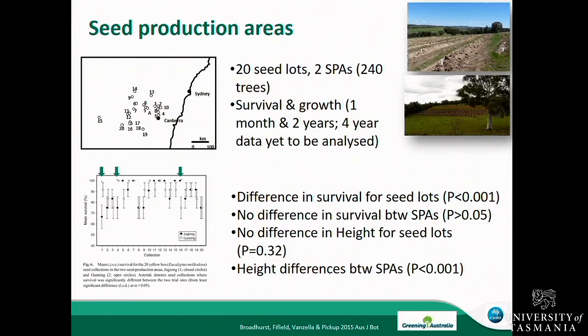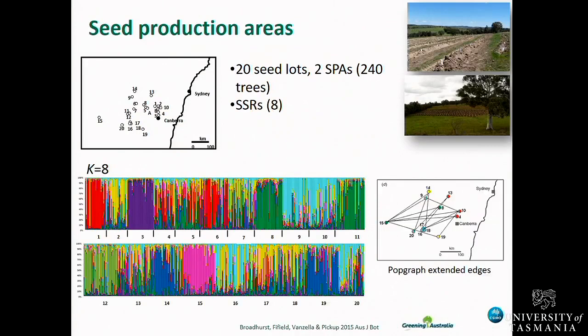We've got no difference in survival between the 2 seed production areas. No difference in height amongst the seed lots. There were height differences between the 2 seed production areas, and they're very different sites, which is kind of what we'd expect. In terms of genetic diversity, unlike the big study where we had 4 clusters, we actually had 8,